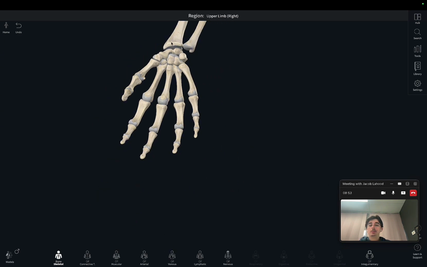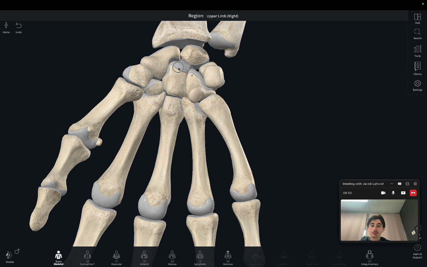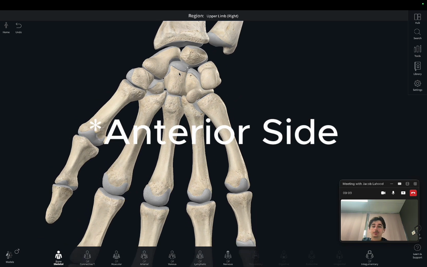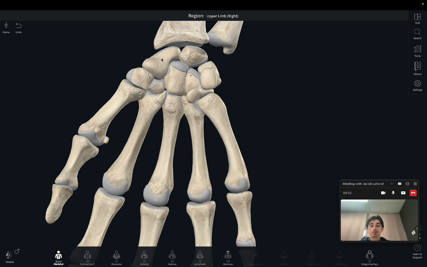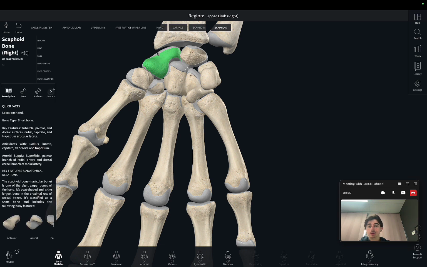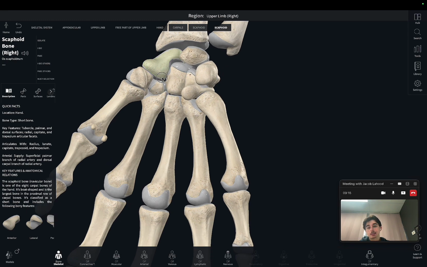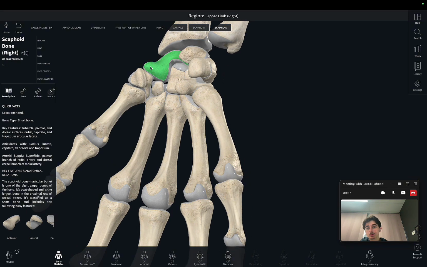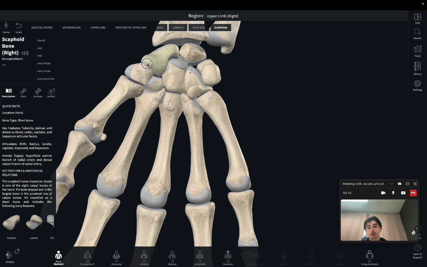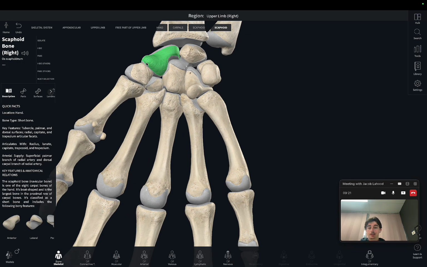Now in terms of naming them, we'll start off on the posterior side. The first main one, which is most proximal to the radius, is this one here, and this is known as the scaphoid bone. The scaphoid bone plays a big role in articulation with the radius and has the largest side of contact. It also has this tuberosity here, known as the scaphoid tuberosity, which is also important for flexor retinaculum